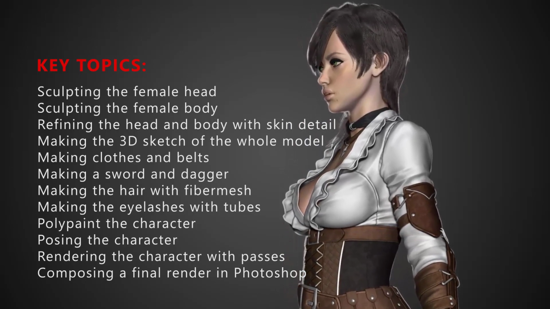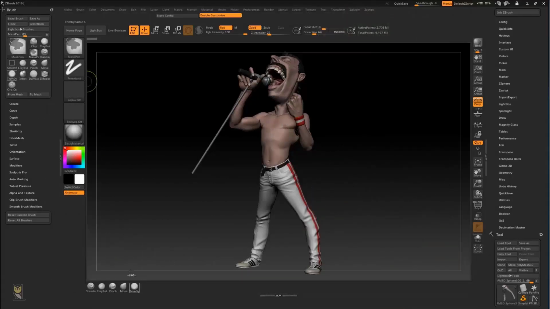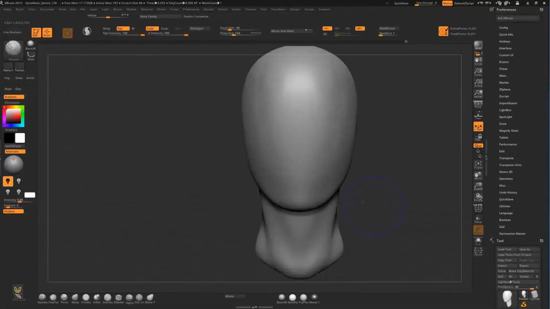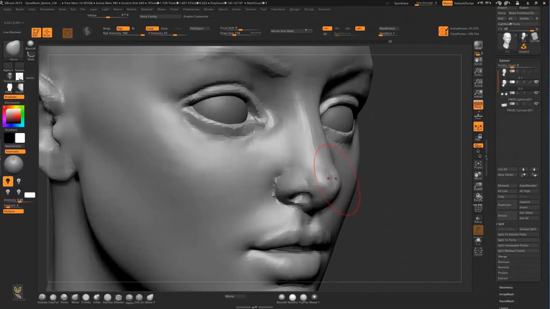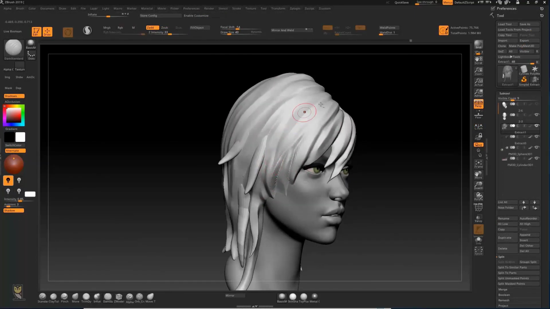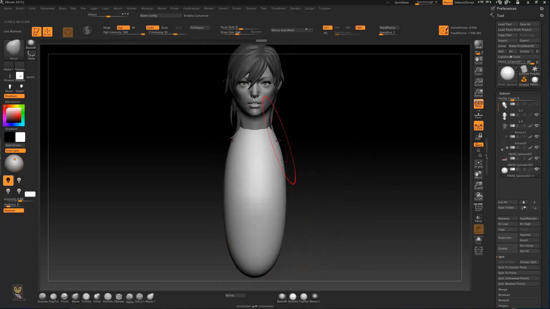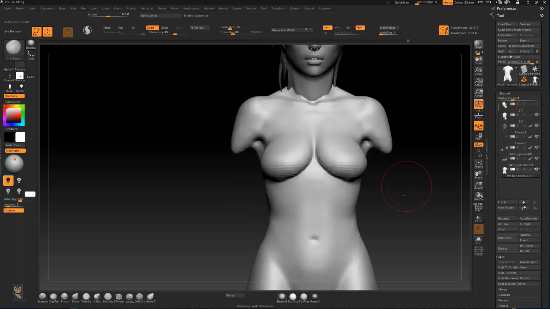We'll start by spending 30 minutes to customize our workflow in ZBrush so we could work much faster and efficient. Then we will make the female head, where I will explain what you should watch for in a female head modeling. Then we will make a placeholder hair and we will make the teeth and eyes from scratch. After that, we'll make the female body again from sphere, following our concept.